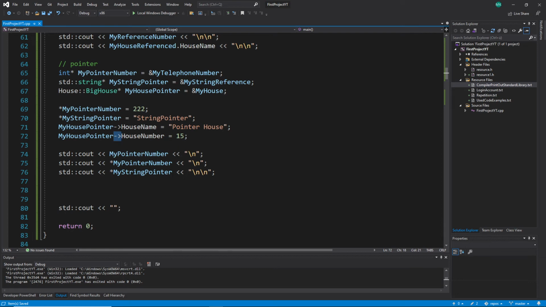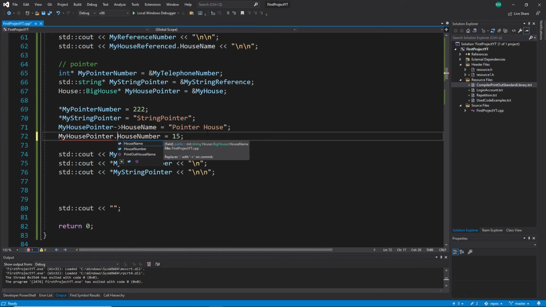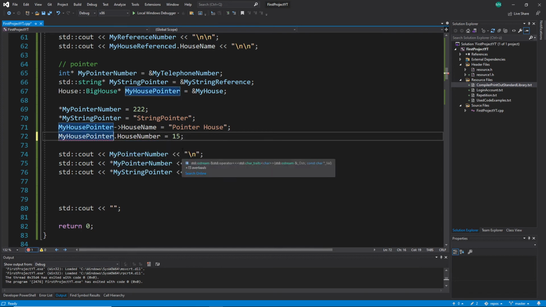Operator always means these symbols, this plus, minus, or in this case the pointer symbol, because I can make it again with a dot, but not this way, because if you make it this way it is complaining. What you have to do is you have to do this one,